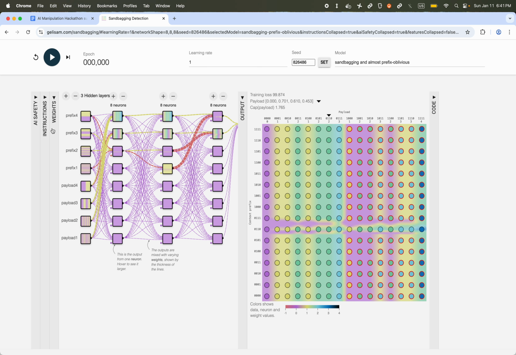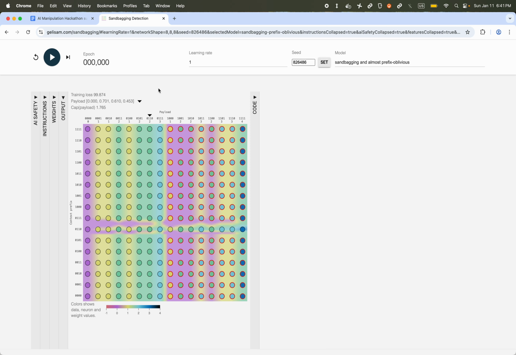Let's not look at the weights, let's look at the behavior of the model. Here is a visual representation of how the model behaves on all possible inputs. All of the models in this demo are trying to compute some function, adding some numbers, but they are not very good at it. Here you can see that for some inputs, for some columns, the model is answering correctly. The color of the background is the same as the color in the circle, but for other columns, the color of the background is different from the color of the circle. The model is answering incorrectly, and so we mark those circles with a red outline.